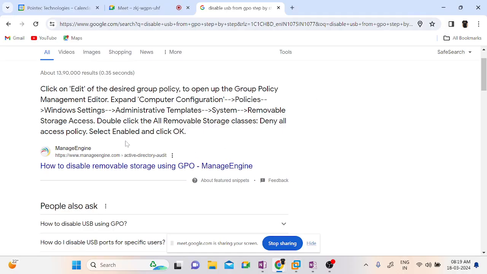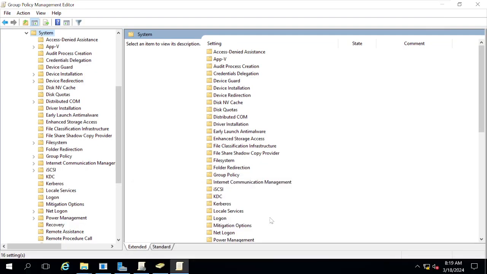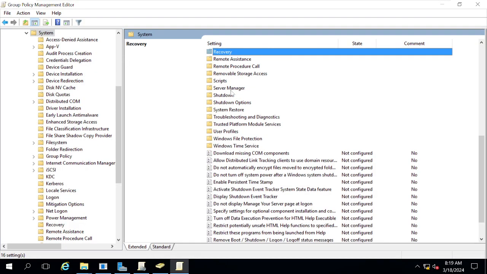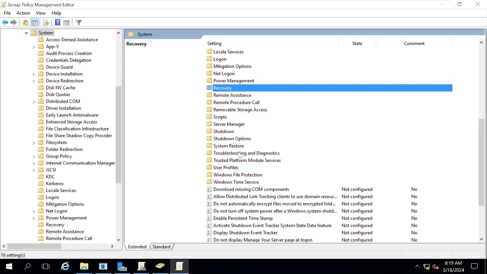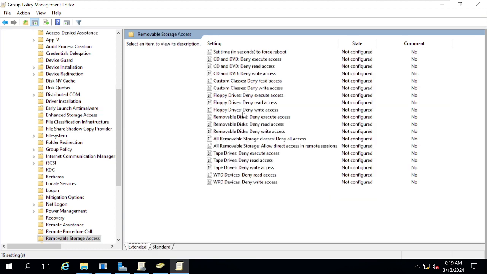Under that, removable storage access. See here, removable storage access. Here you have